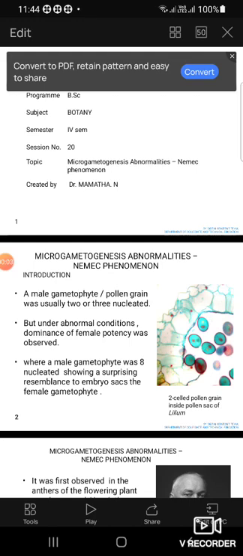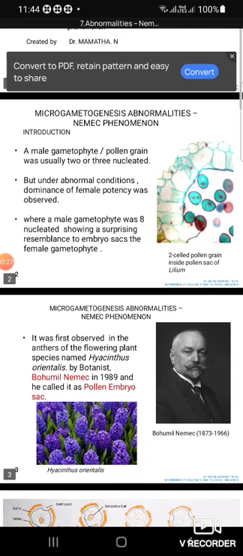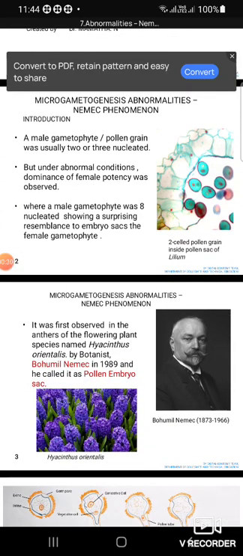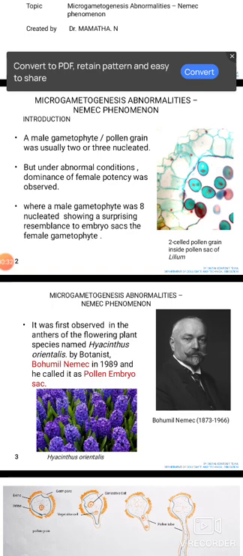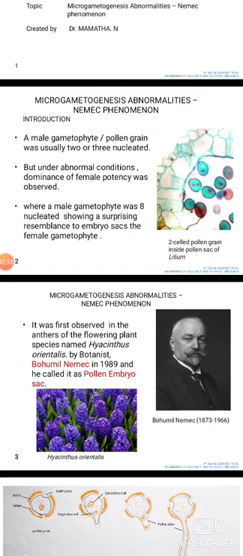Microgametogenesis abnormalities, that is the Nemec phenomenon. A male gamete or a pollen grain is usually 2 or 3 nucleated, but under abnormal conditions, dominance of female potency was observed, where a male gamete was 8 nucleate, showing a surprising resemblance to an embryo sac in the female gametophyte. It was first observed in anthers of the flowering plant species Hyacinthus orientalis by botanist Nemec in